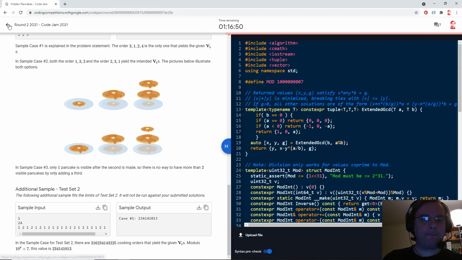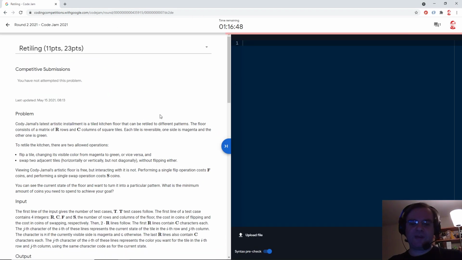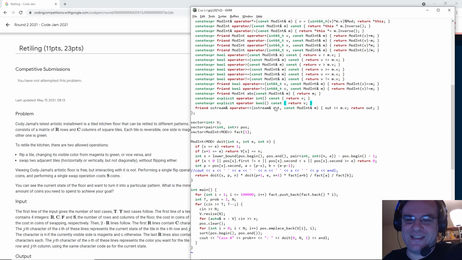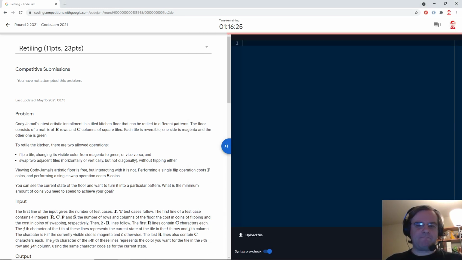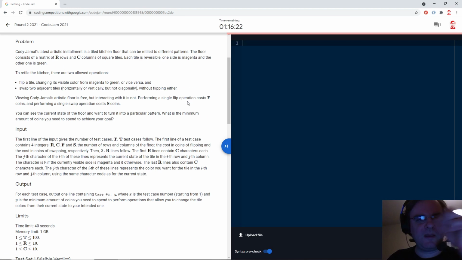Okay. I'm going to feel really bad if there's a bug in my modint code, like the one way that this would be a bug. Oh, it's an unsigned integer anyway, so if there's a bug then it would screw up really badly. Yeah, I think it's fine. All right, cool. Let's move on.